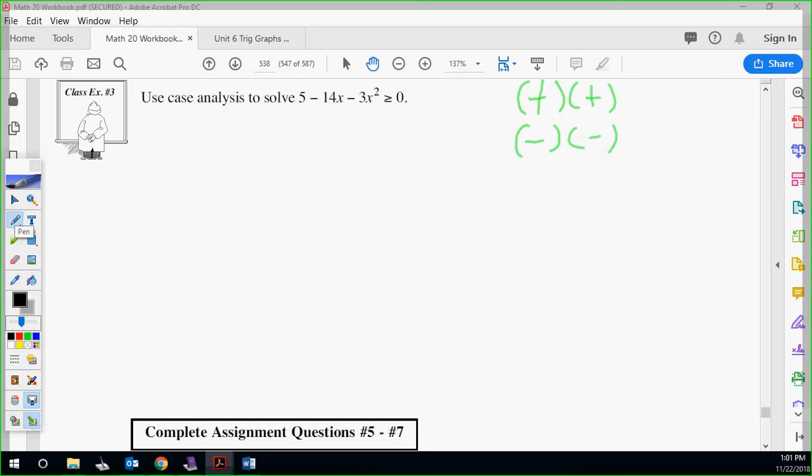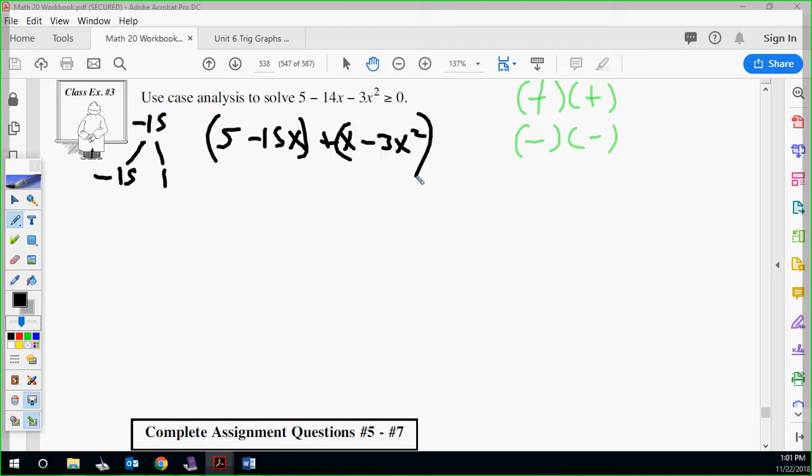So we have to do our decomp here kind of backwards. Negative 3 times 5 is negative 15. Factors of negative 15 that get you negative 14 are negative 15 and 1. So you're going to go 5 minus 15x plus x minus 3x squared. Group. Pull the 5 out, 1 minus 3x. Pull an x out, 1 minus 3x. So your factored form is